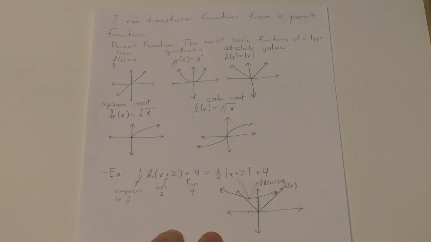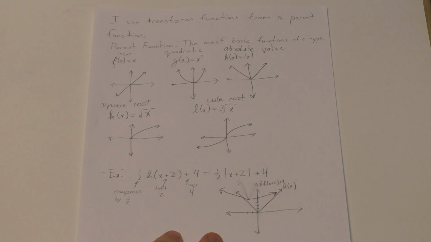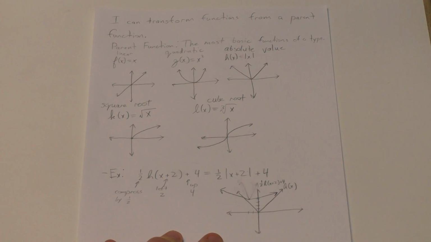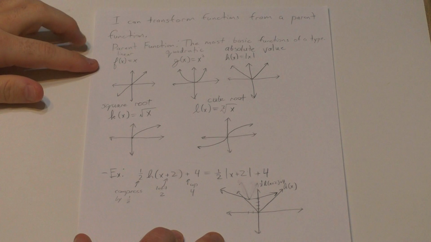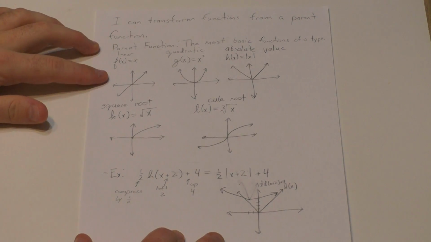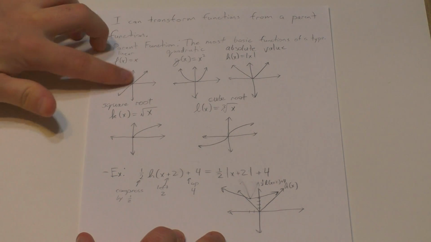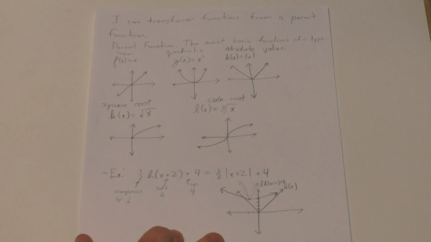I'm going to show you guys how to transfer functions from a parent function. So the first thing to talk about is what a parent function is. It's the most basic type of a function. Okay? So for example here, I have f of x equals x. That's a linear function. Most basic linear function, just that line that goes to the origin with a slope of